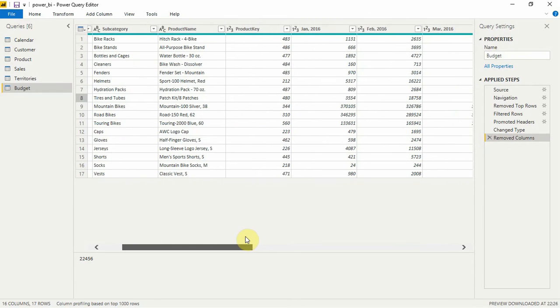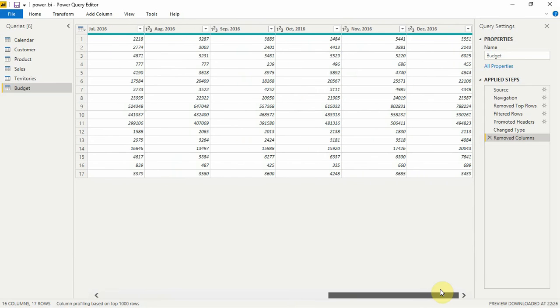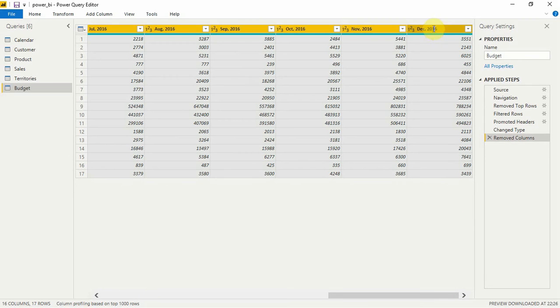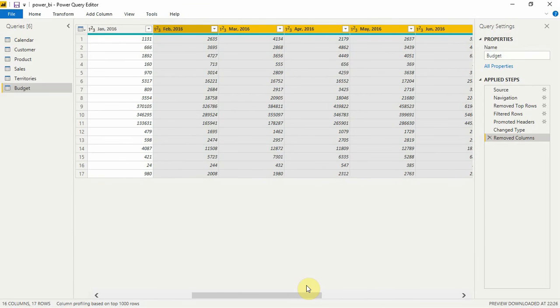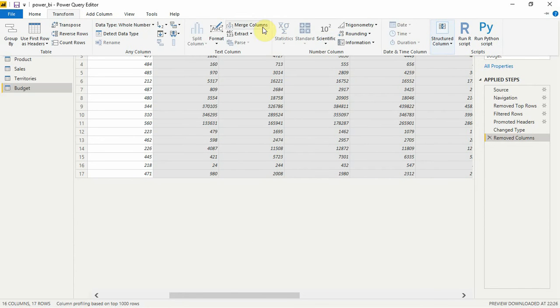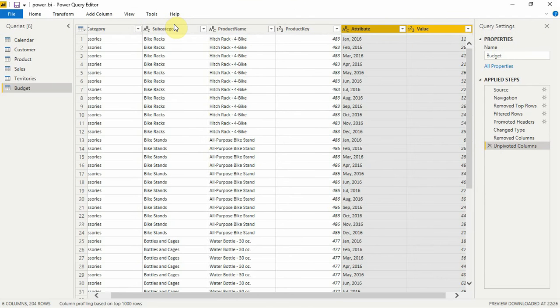So we'll select all the rows here till December 31st. I think I made a mistake. So wait, select it till Jan and then I'll go to transform and then here is something called unpivot column and now just wait and see the magic. Okay, boom, all the columns are now in rows. So now it's machine friendly.